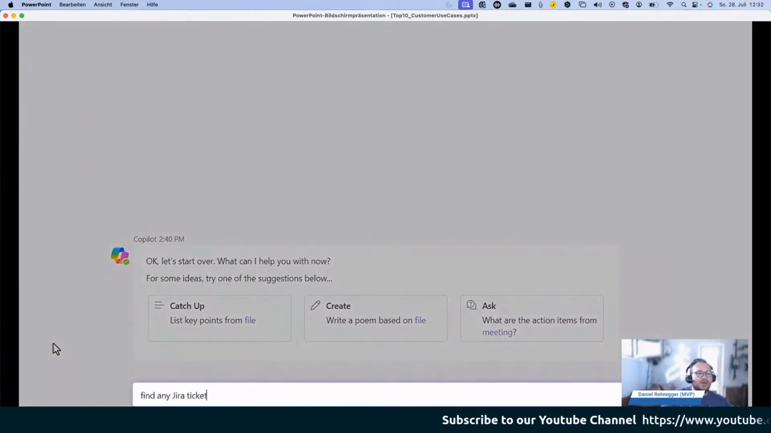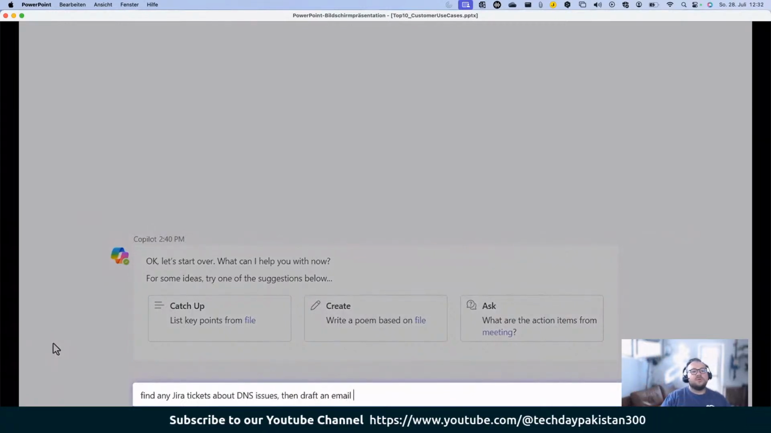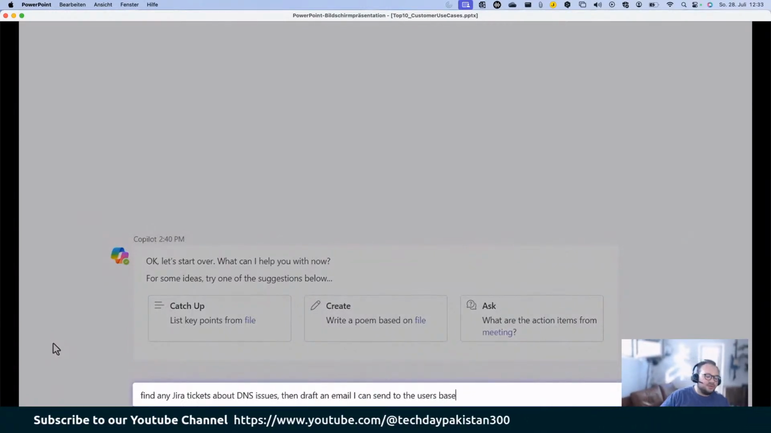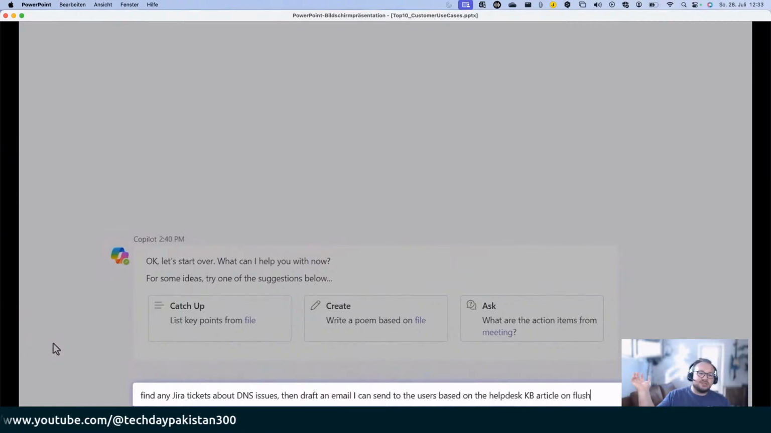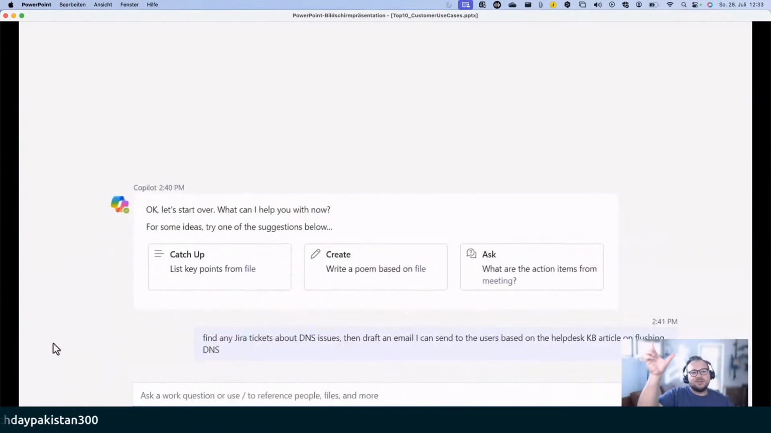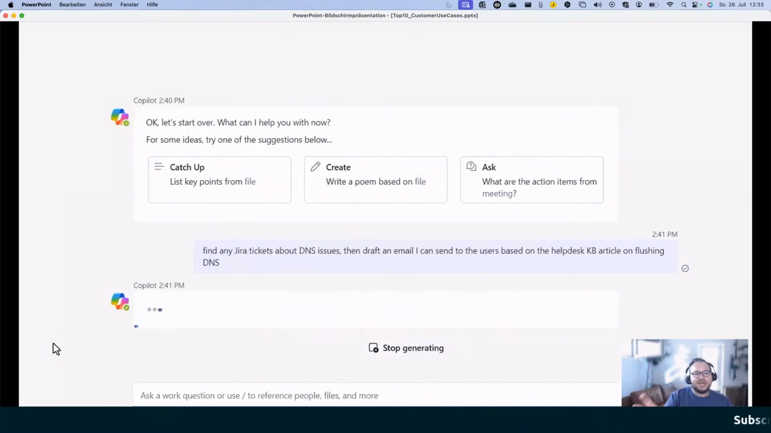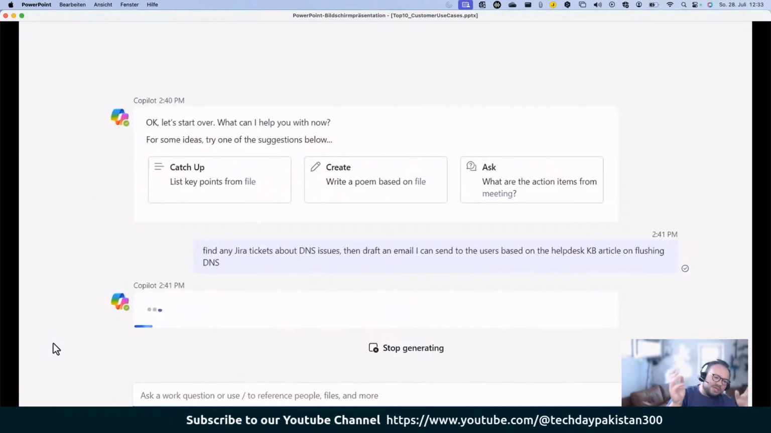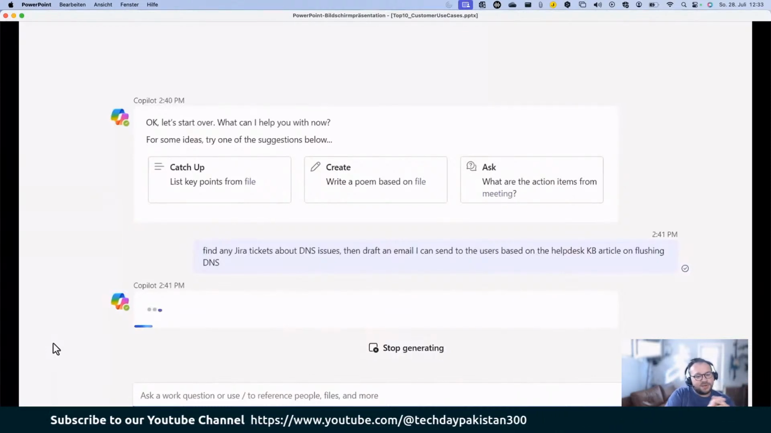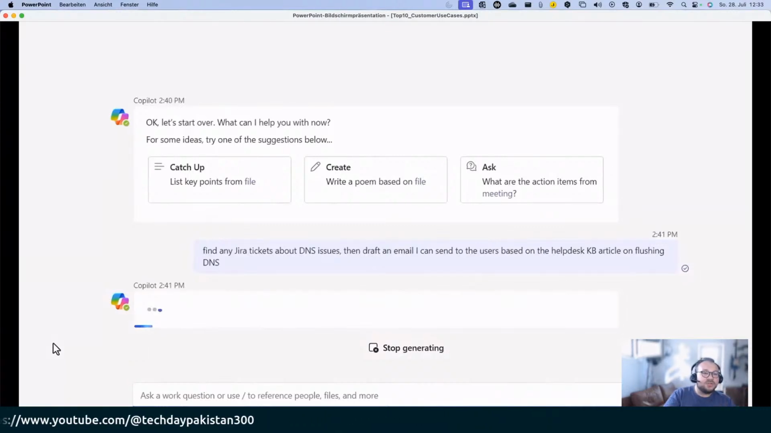So I asked Copilot: find any Jira tickets about DNS issues. So about the topic DNS issues. If you found that, then draft an email that I can send to the users based on the help desk knowledge base article on flushing DNS. So three steps here. First, find Jira tickets about DNS issues, also meaning by that, look into these tickets. What are the challenges? What do they need to do? Then, second step, draft an email